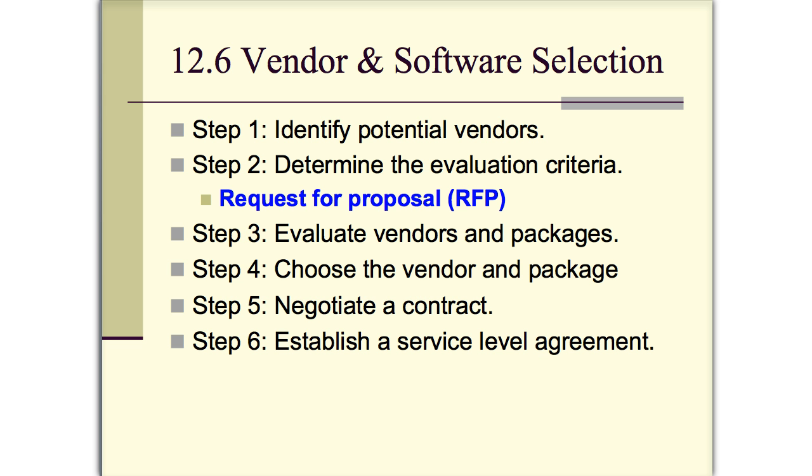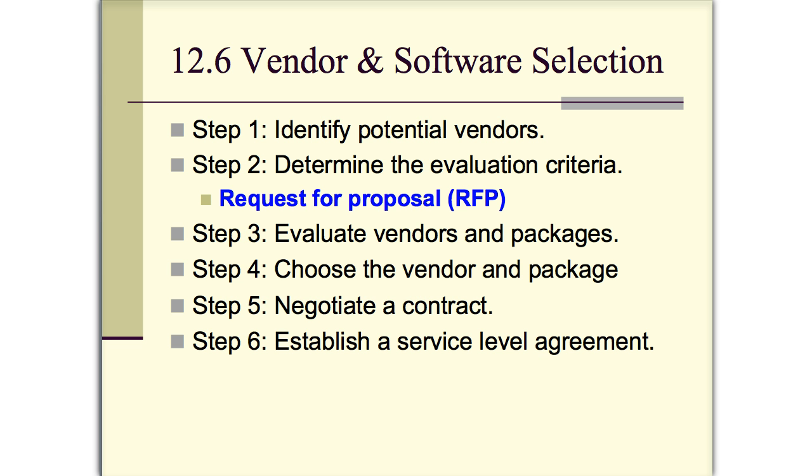So you determine the criteria to evaluate the proposals that you'll hopefully receive from vendors. You send out what's called a request for proposal, and when we talked about the forward and reverse auction tools, we talked about the idea that a request for proposal was a reverse auction where you have one buyer sending out requests and hopefully getting sellers to send in proposals